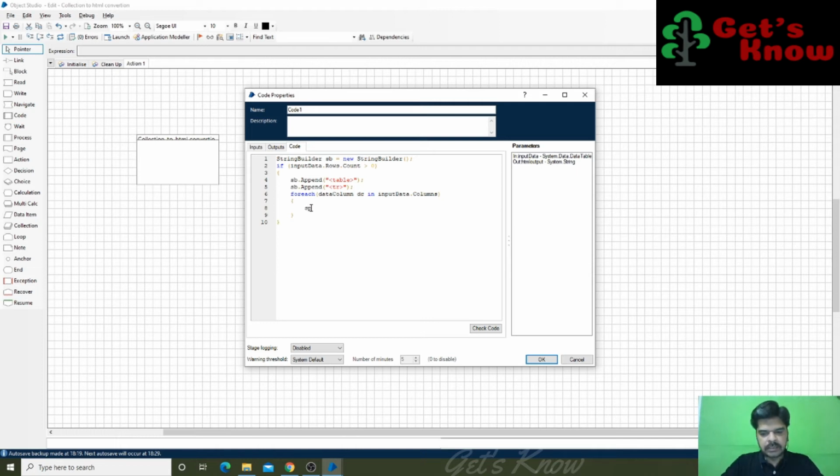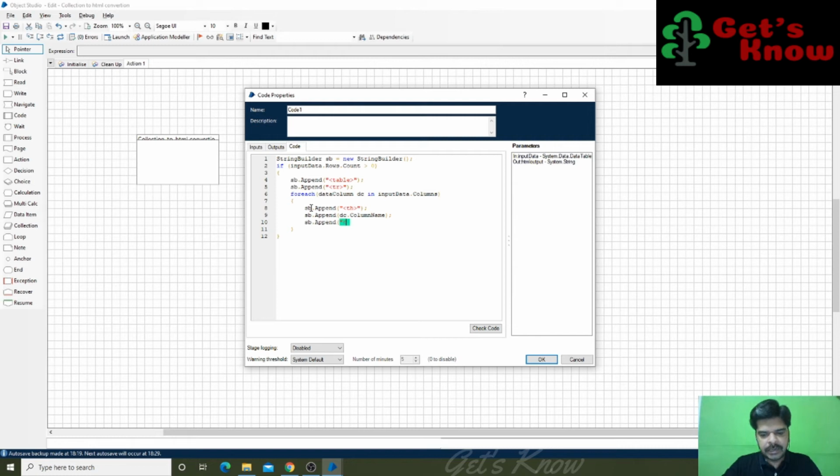With the same StringBuilder object, we append the column as a header in our HTML, so we add the th tag and our value, DC.ColumnName, the name of the column the DC object currently holds. Then we close that header.